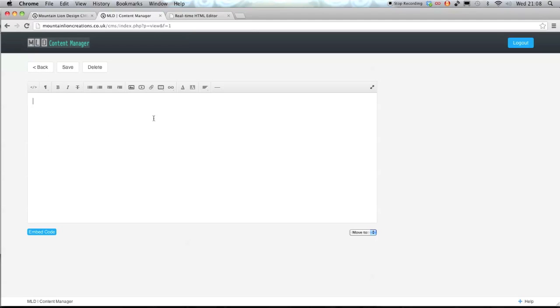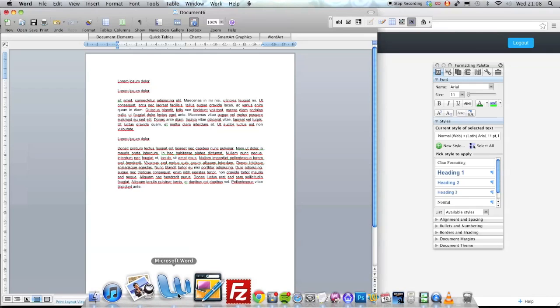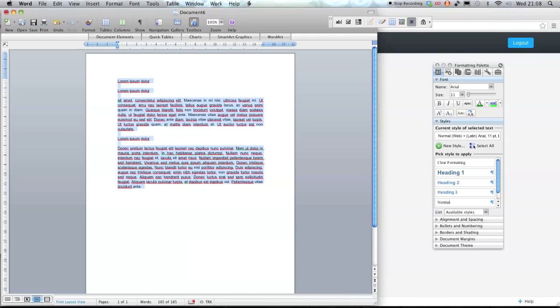and it's time to put in a little bit of text, a little content. So I'm going to go over to Word, and here's some text, a couple of paragraphs and some headings that I prepared earlier. As you can see, there is no formatting at all on this text, which is a very good place to start with when you're entering in content to your content editor, because as I mentioned on the last tutorial,